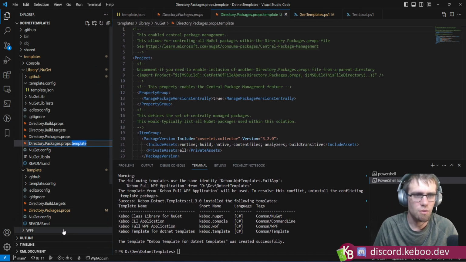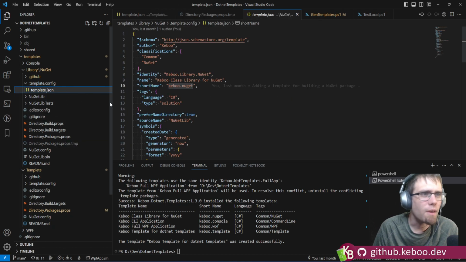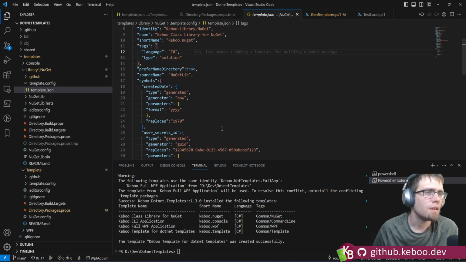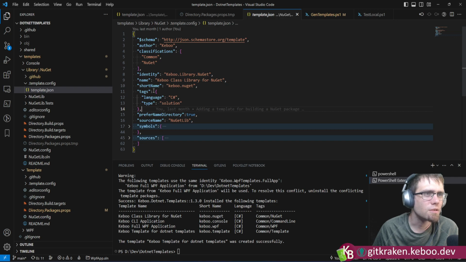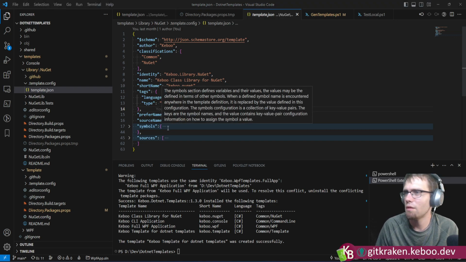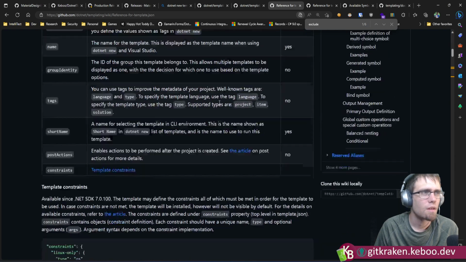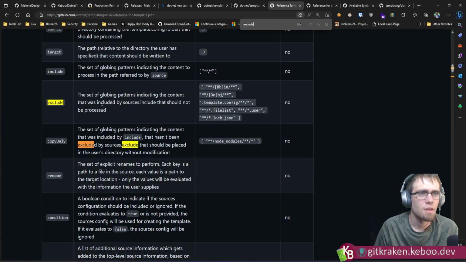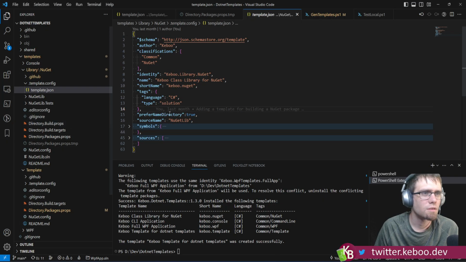We might even just do TMP, right? But what I would like to have up here is, and I think what I saw is, the exclude lives at the top level. Let's confirm where this goes. Let's see. Indicate that included by sources include that should not be processed. Source target. These are,